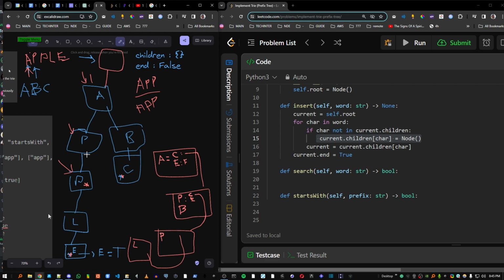Sorry. Yes. For the inside, if the character exists. If the character exists. Can you repeat the question? I didn't hear you. Yeah. I was asking, if the character exists, what do we do? Okay, so